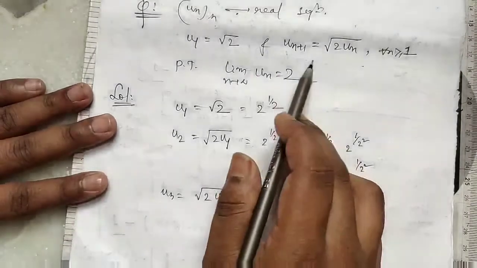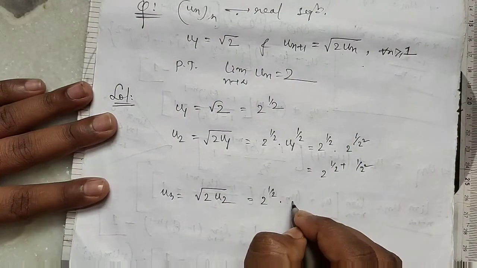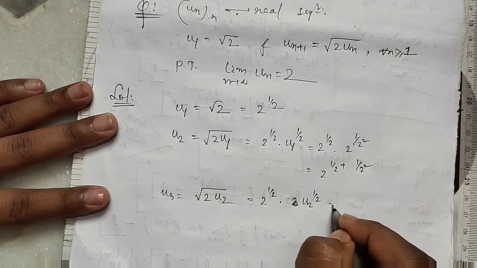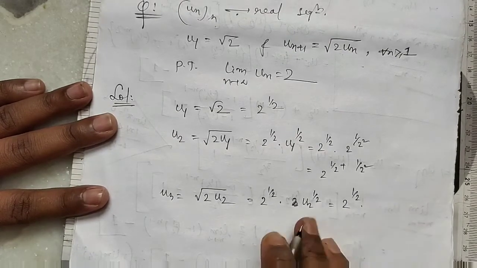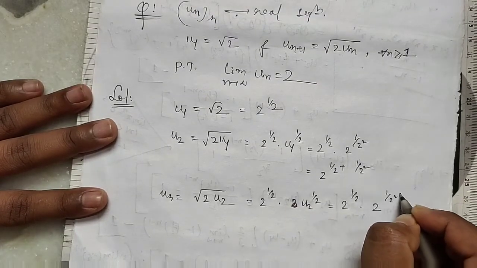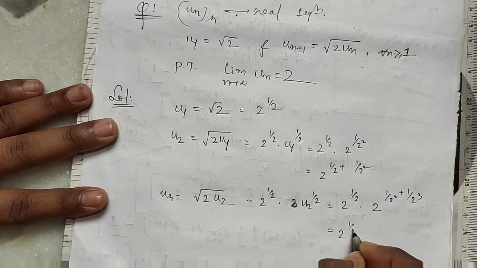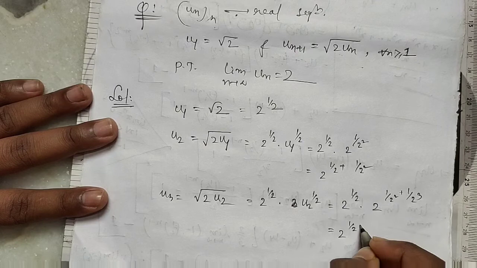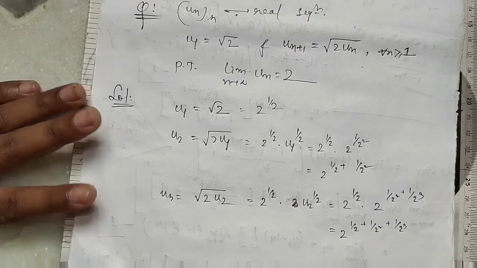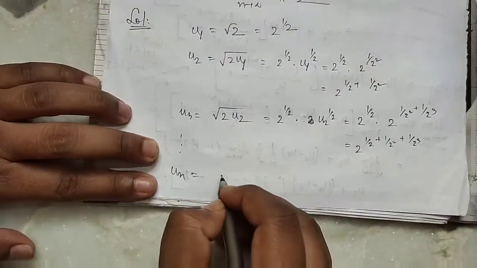is root of 2u2 by our definition, so this is equal to 2 to the power half into u2 to the power half, so this is equal to 2 to the power half. We put the value of u2, which is 2 to the power (1 by 2 plus 1 by 2 square), so this is equal to 2 to the power (1 by 2 plus 1 by 2 square plus 1 by 2 cube). Okay, dot, un equals,